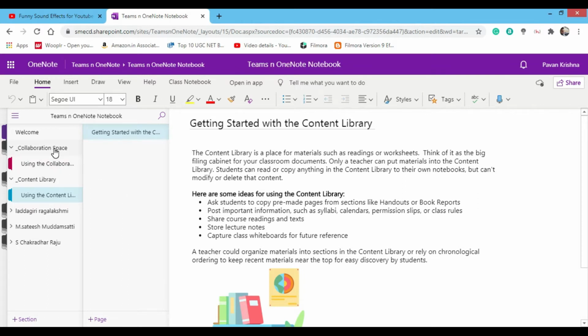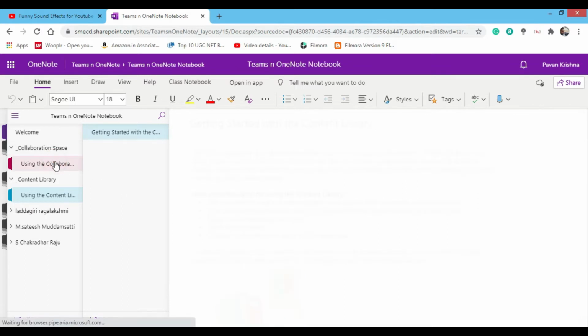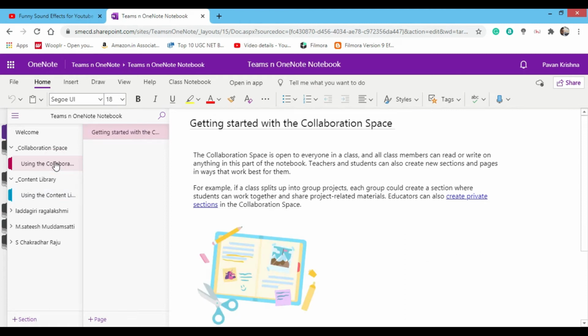For example, I clicked on collaboration space and I am going to select this using collaboration section. Now this particular section has only one page, whose name is getting started with collaboration space. So whenever you click on the section, the second column will show the pages of it, and the third column is the work area. This is the place where you add the notes or edit or do something with the page.